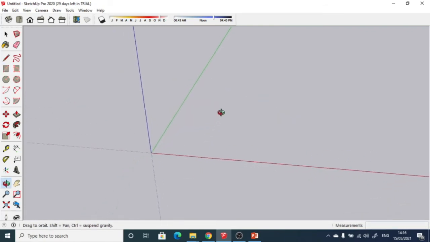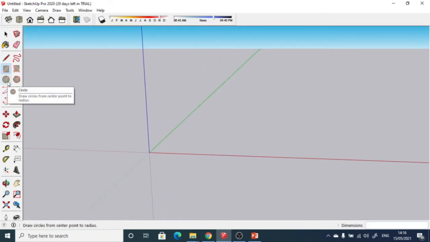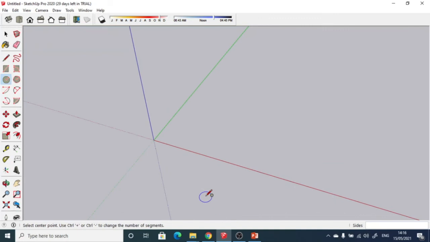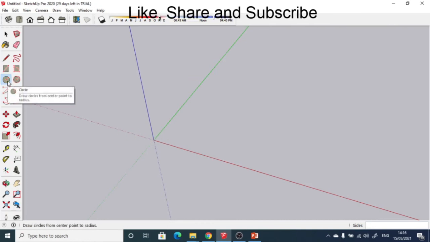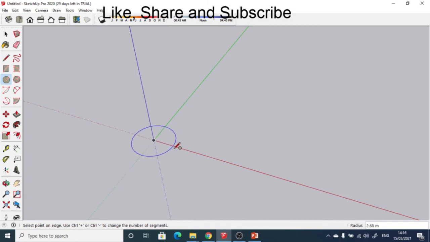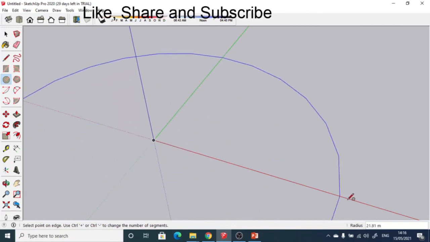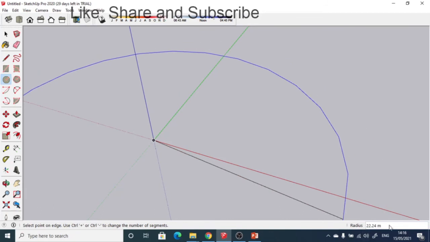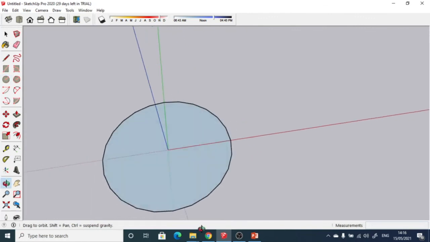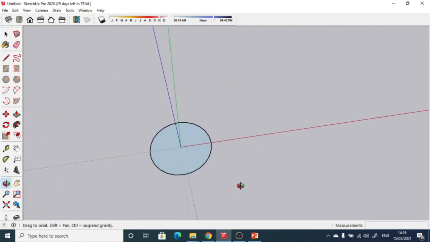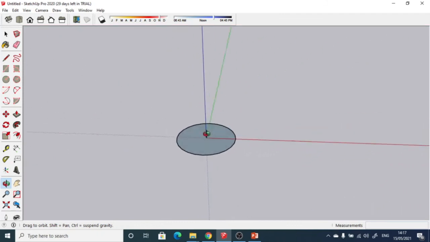The next command we're going to see in Google SketchUp is the circle command. If I want to draw any hole of an object or any projected circle type of object, at that time we can use the circle command. So let's say I am drawing one circle, and with a radius of, whenever we read the corner of this dimension line over here, it is mentioned as the radius. So let's say I am taking the radius of this particular circle as 7 meter, enter. So like that we can draw any diameter or any radius of the circle by using the circle command.